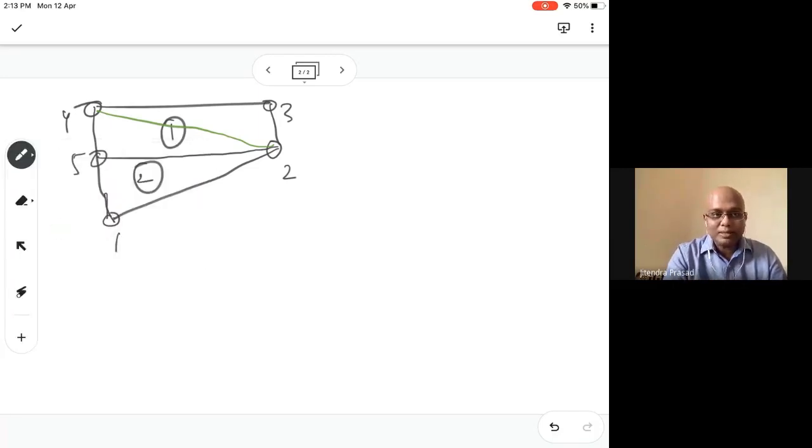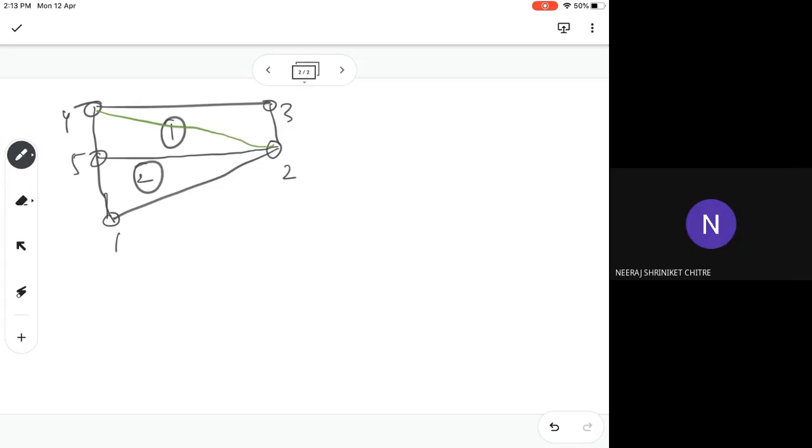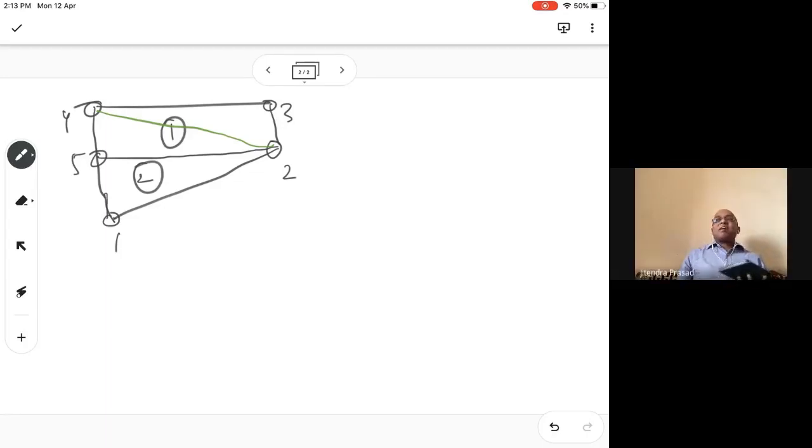Okay. Any other questions? Sir, if you make 3 triangles, then the solution will be slightly more accurate, right? Means it will be different from the previous one. No, not necessarily. See here, triangle has some problem. What is the problem? Did you see what is the problem? Do you know what the problem with triangle is?